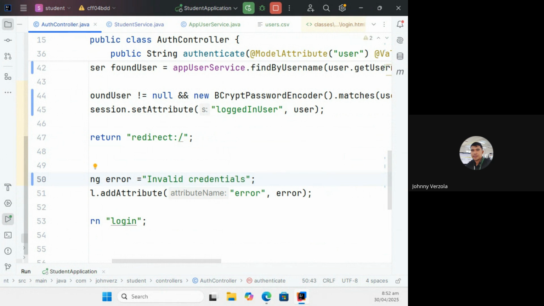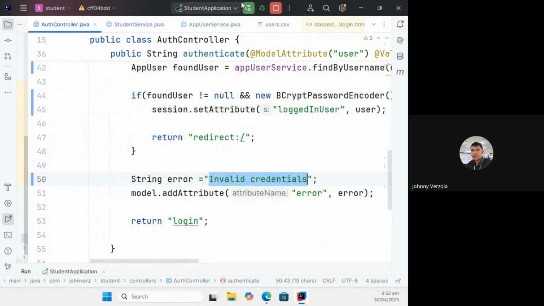You do not help the user by telling what is invalid. You do not tell if the username or the password is wrong because you do not know if the user is actually a hacker. You don't give a hint to him that he correctly guessed any username or any password. It's the best practice to just display invalid credentials.